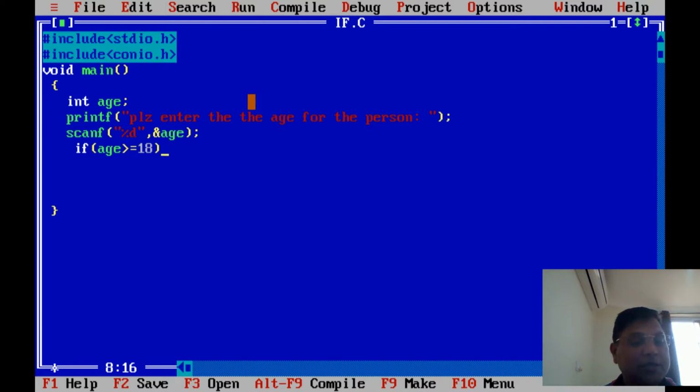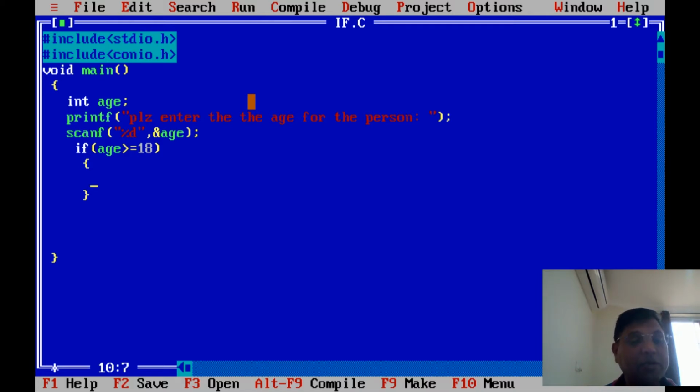If this happens, then what to do? You have to type it here. Keep it in mind: if more than two or three statements belong to the if, you have to use opening and closing curly brackets. Why? It is a group. You are making a group of statements within this particular if. But if you have only one statement belonging to the if, there is no need for the curly brackets.